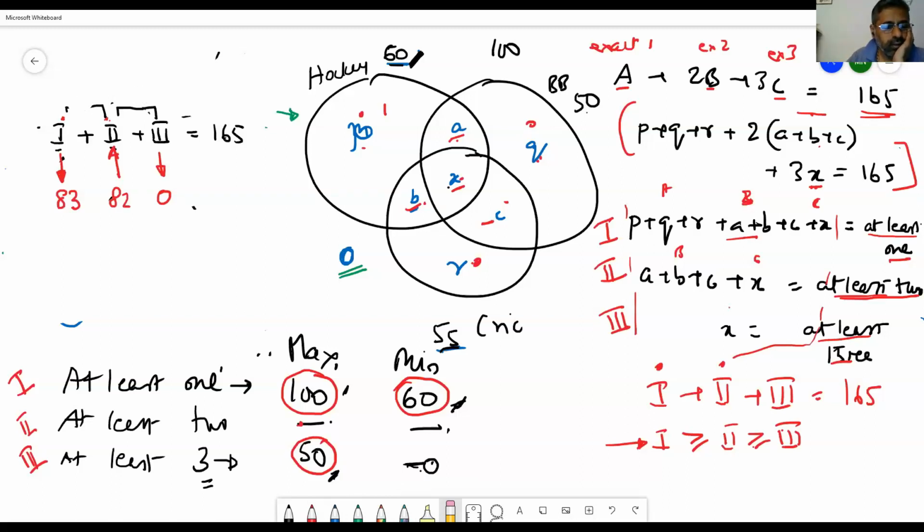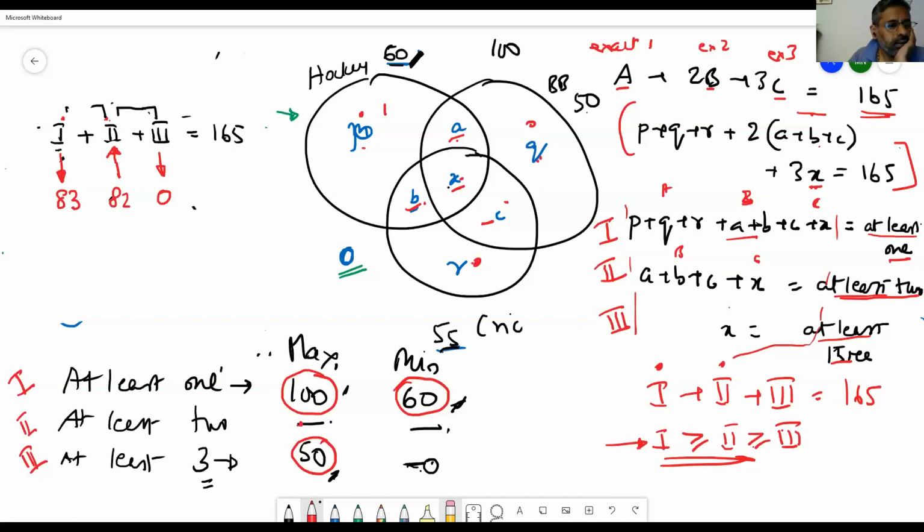Is that okay? So repeat. Is it okay that the 2 has to be maximized? Yes, sir. 2 is maximized. But we cannot go beyond a limit because the condition says that 1 has to be greater than 2, okay? So which means how will you split that 165? What will be the maximum possible value of 2? Maximum possible value of 2 can only be 82, right? You cannot go beyond that, because if you go beyond that, then 1 will become smaller than 2. 1 cannot be smaller than 2. Yes or no? Is that okay?